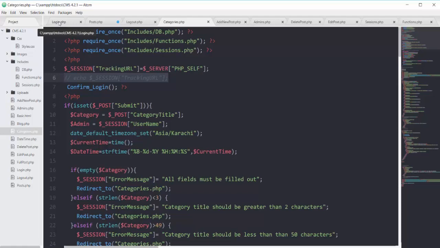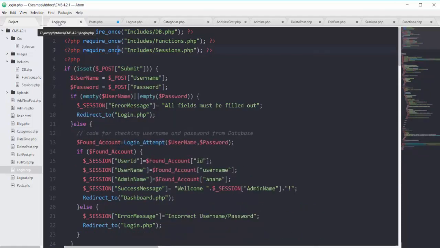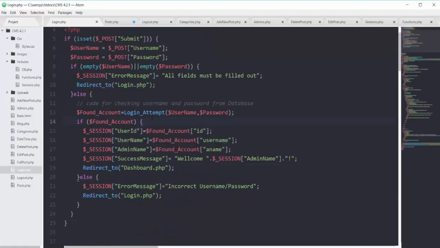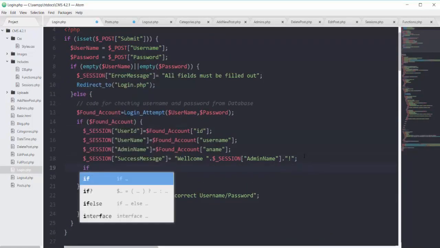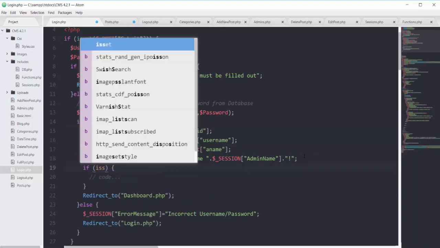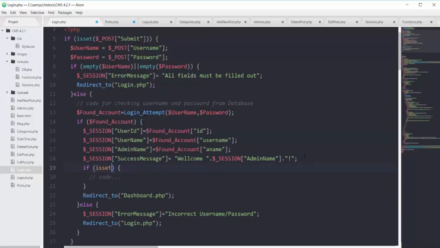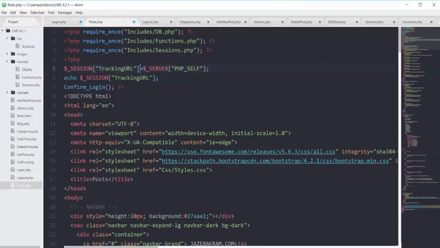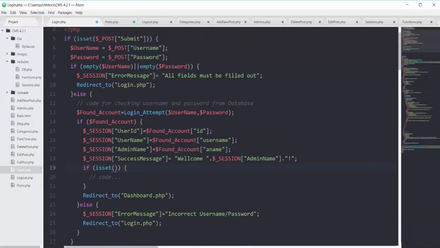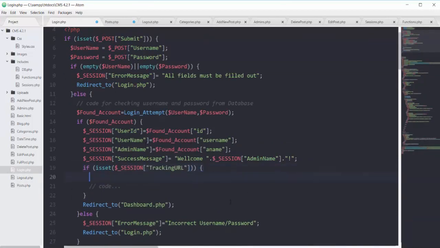We have to modify our login page so that it could send us to the page where we want. So right in this login.php page, in the found account success block, I will add one if condition here, and I will say if this variable of session tracking URL is set, then redirect to the page of session URL.